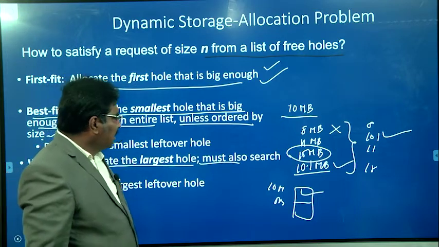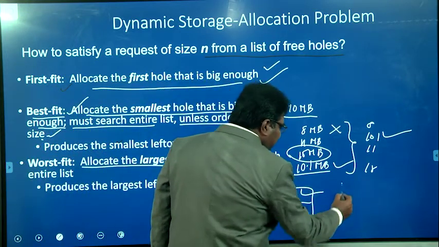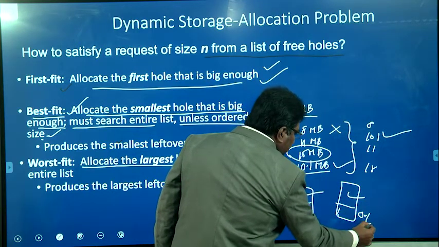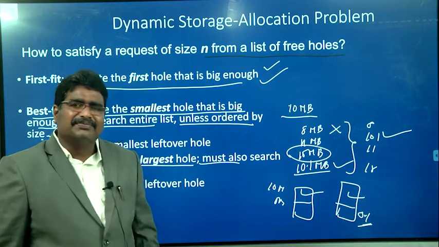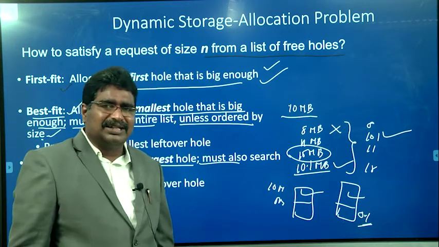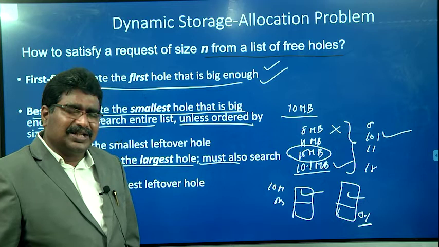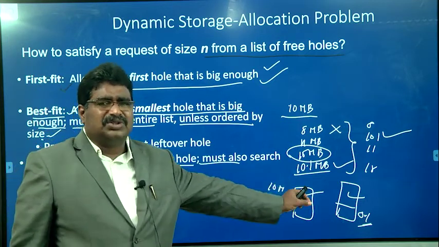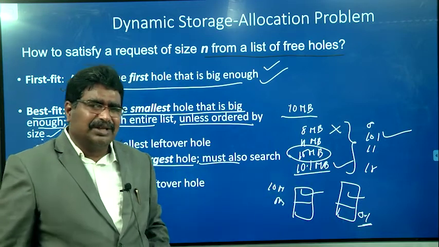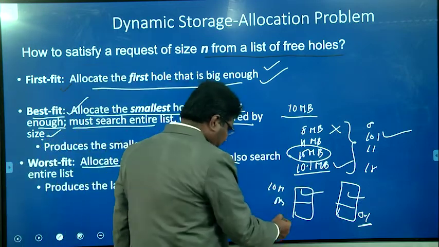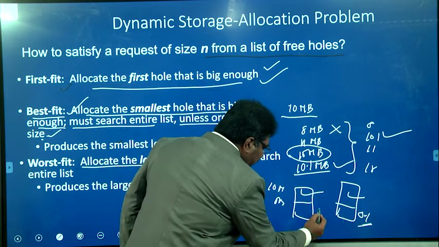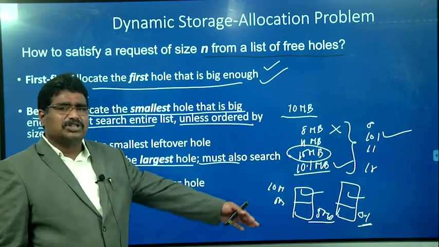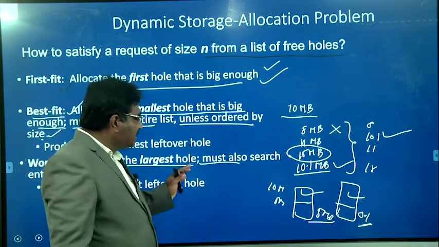In the previous one, the 10.1 MB hole is allocated, so 10 MB is allocated and it generates a free hole of only 0.1 MB. So what is the disadvantage of the best fit algorithm? It simply generates a free hole that is not sufficient for any other process. That is the limitation. Whenever we go for the worst fit, it generates a 5 MB hole. There may be the possibility that some other process of size 5 MB can utilize it. That is the advantage of the worst fit.